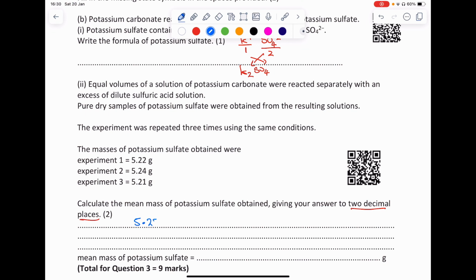So all I need to do is add these together. I'm going to show my working out. So there's my 3 numbers. And then I divide by 3 to get the average. So let's just test that. So it's 5.22 plus 5.24 plus 5.21. Okay. And then I'm going to divide that by 3. And that's given me an answer on my calculator of